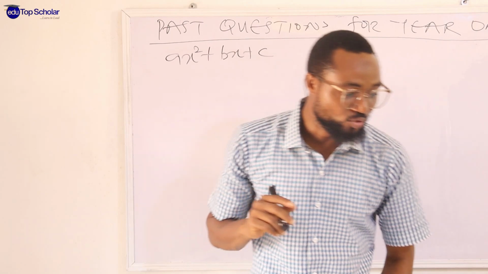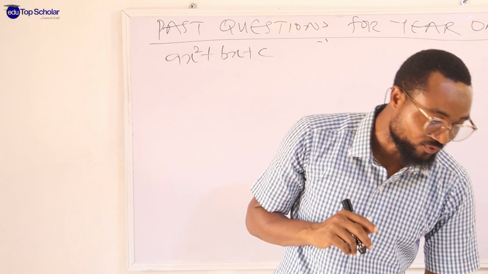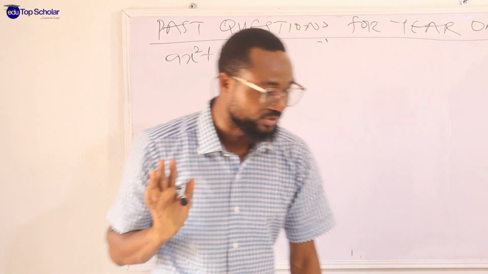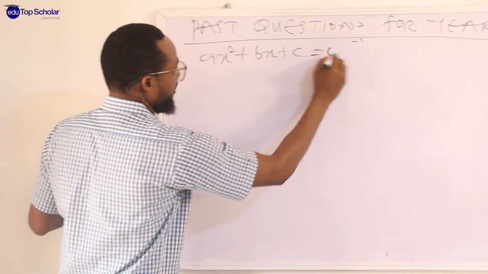Hence, find the roots of 4x squared plus 8x equals 5, which is straightforward, that one is testing quadratic. So given this equals 0,